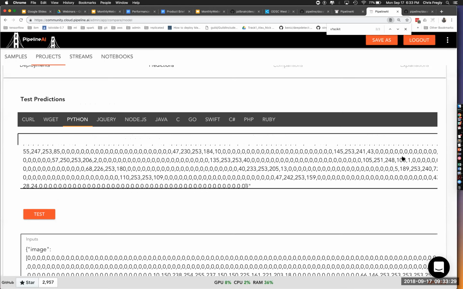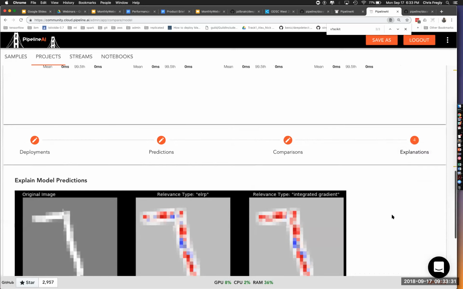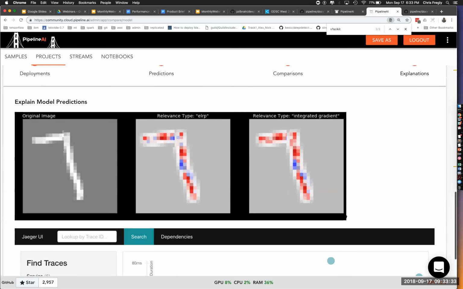There's one more tab here. This is the explanations tab. So here's an example of where we're taking that actual input and we're making a kind of first attempt to explain why these models predicted that digit.